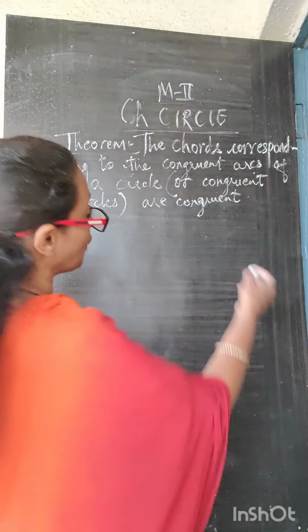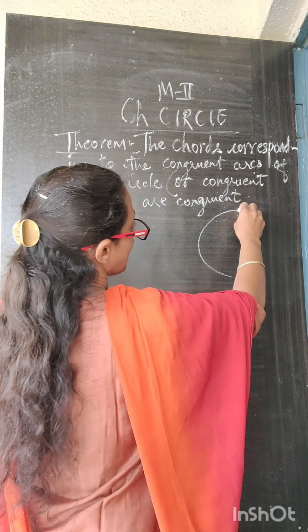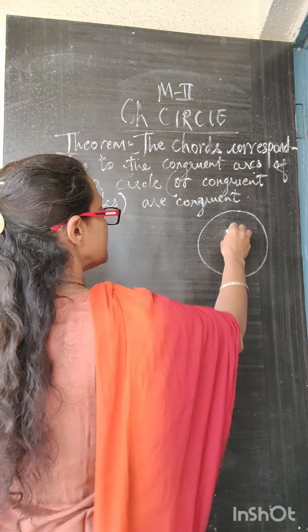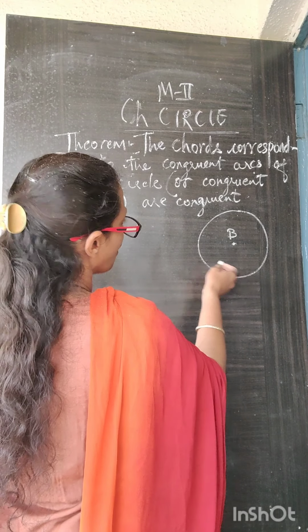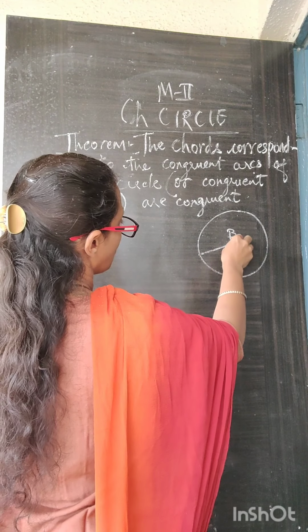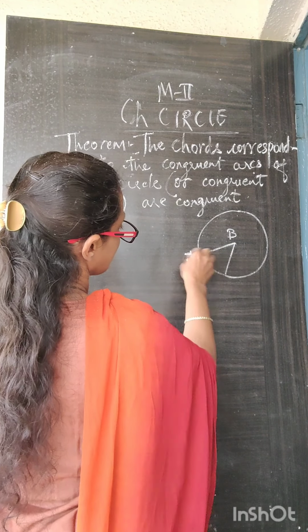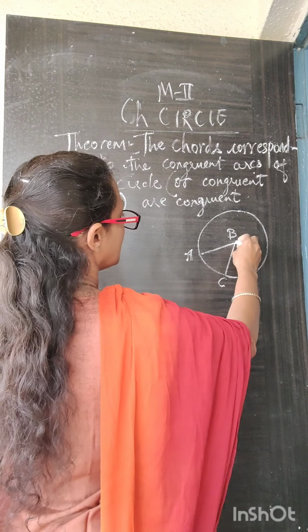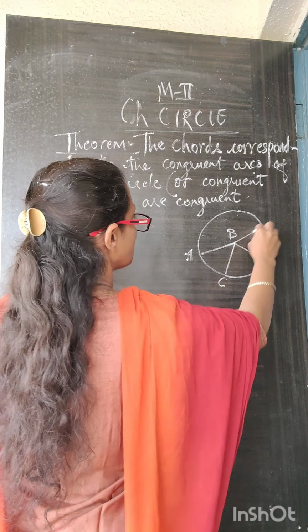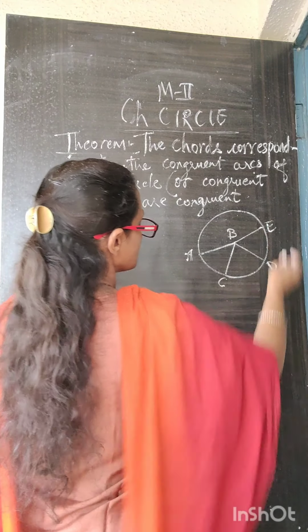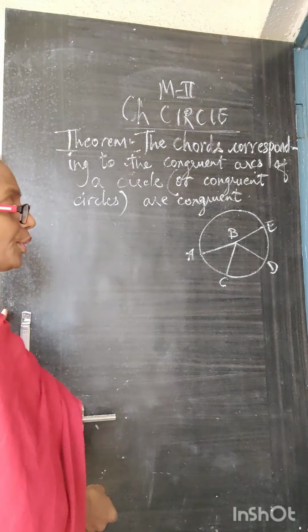Okay, so what is the figure going to be? A circle with the congruent arcs. This is a circle with the center, say center B. Okay, and the congruent arcs are given. So let us say this is the arc formed here. That is AC is the arc which is congruent, right? And another arc over here is formed by these two radii. This will be DE. So DE is the congruent arc. So AC and DE are the congruent arcs given to us.